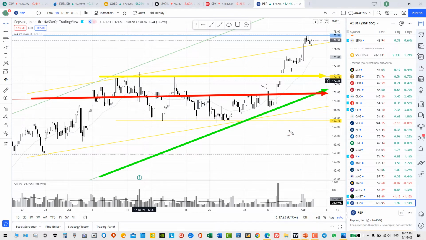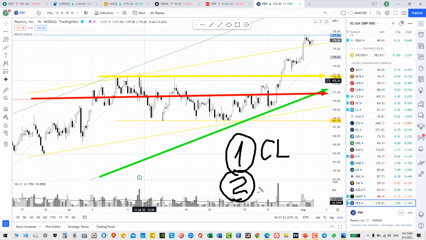You do have one important monthly support, considered as the channel line of the monthly chart. You do have an uptrend line from the daily chart, and we do have ultra short term support from the hourly chart. So almost all the time frames are showing positive signs, and Pepsi is considered bullish as long as it is